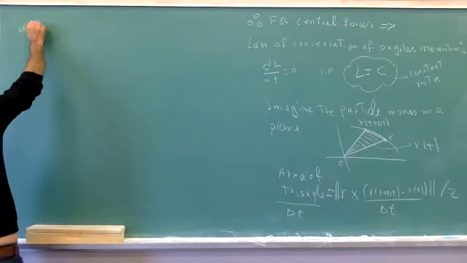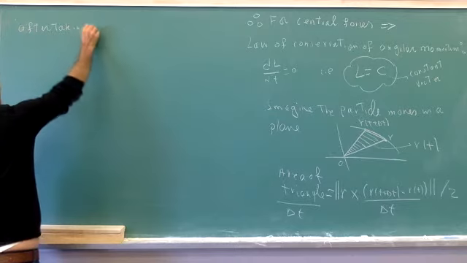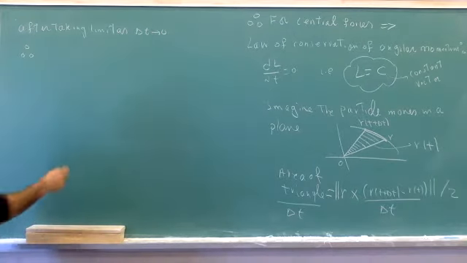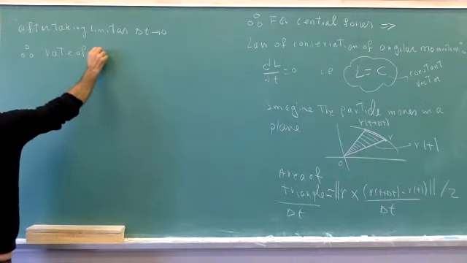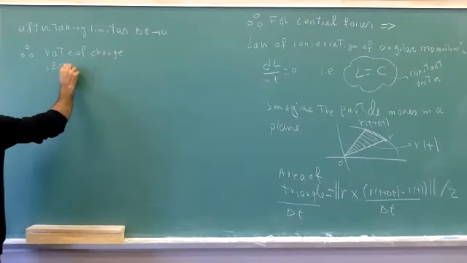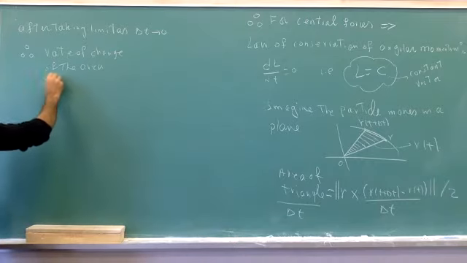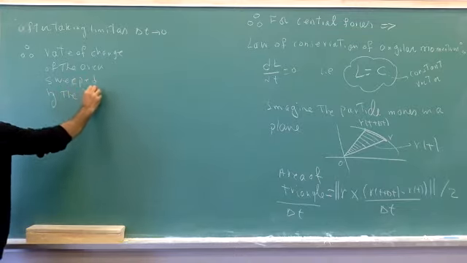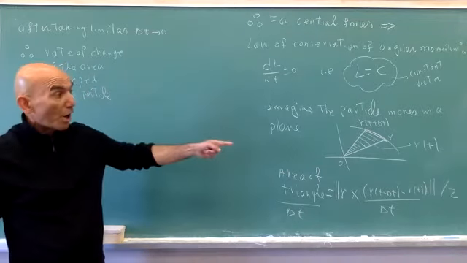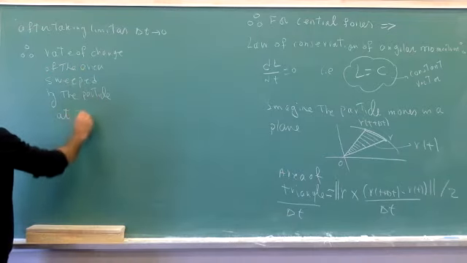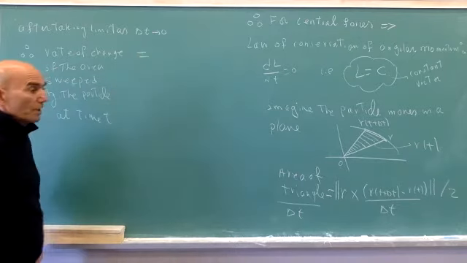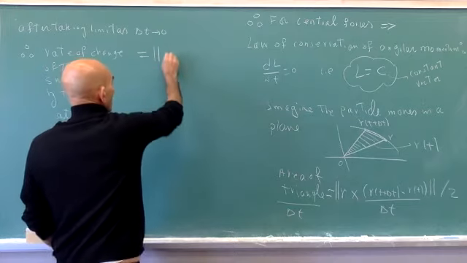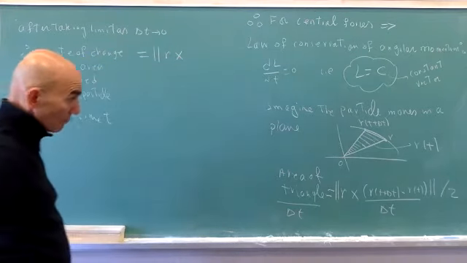After taking the limit, we get that indeed the rate of change of the area swept by the particle between time t is equal to the length, or norm, of the vector R cross